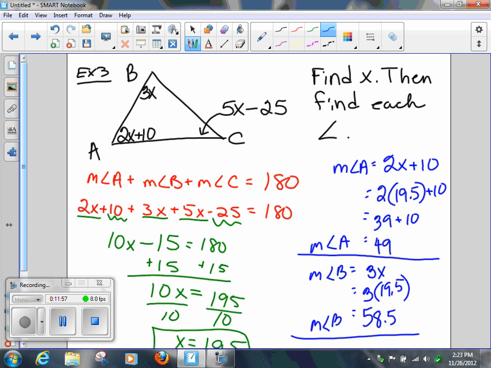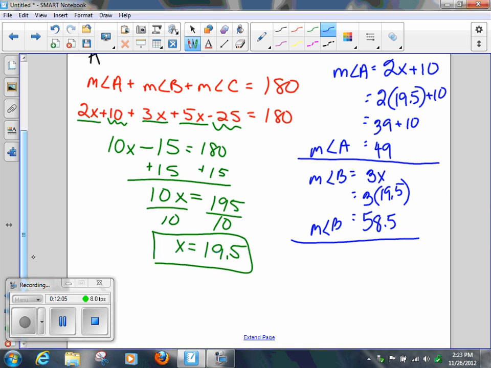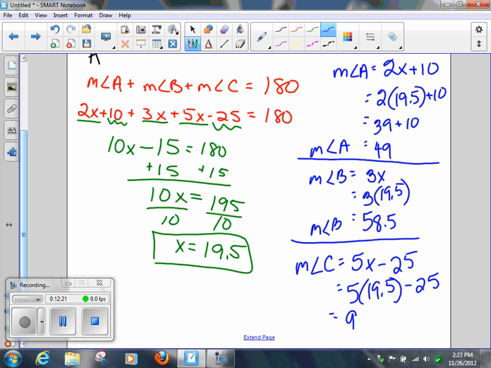Then will my third angle be correct or incorrect? It'll be incorrect. So you've got to be careful. Be really, really careful. And the last angle, which is 5x minus 25. What is 5 times 19.5? 97.5? 97.5 minus 25, which is,